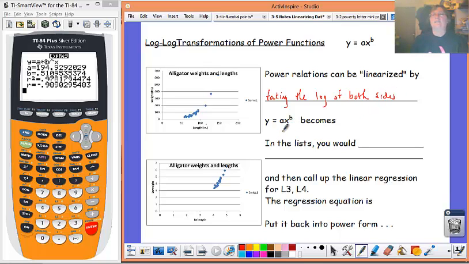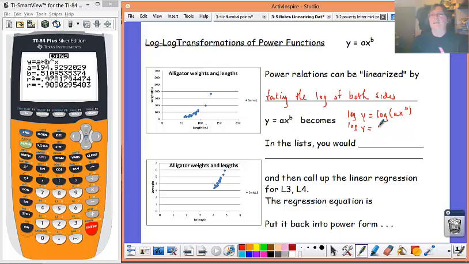Alright, so I'm going to ask you to think about the algebra of that with me again. You could do this with natural logs or logarithms. Both work the same way. But if you think about taking the log of both sides, then the log of y would be equal to the log of ax to the b power. That's a product, and so we know that that breaks out with an addition, remembering